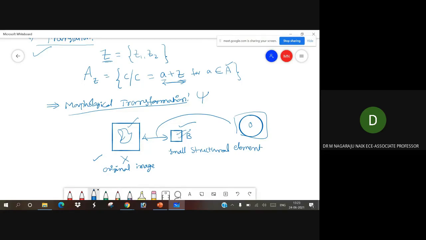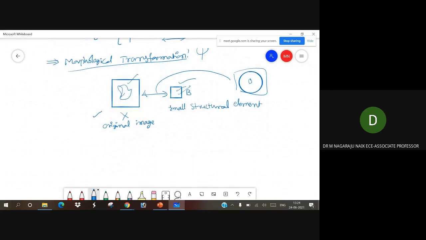The way we have done the convolution method, these two are convolving, but directly we cannot apply the convolution method, so we apply a systematic method.